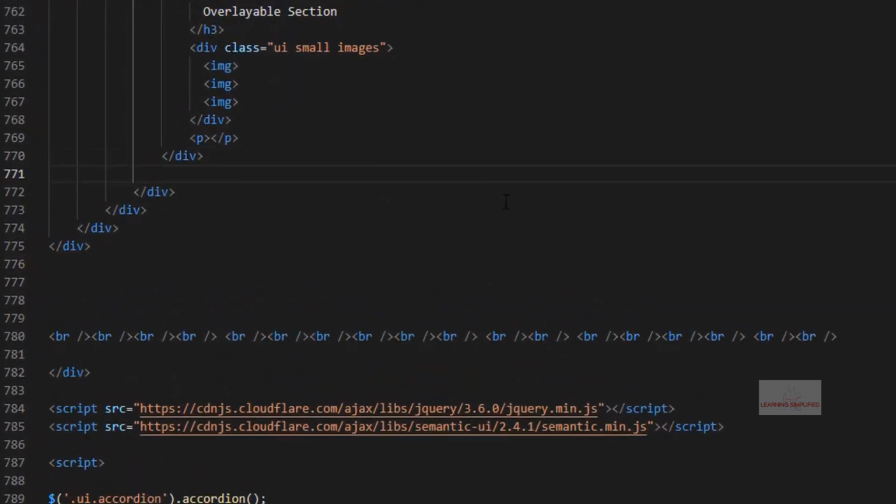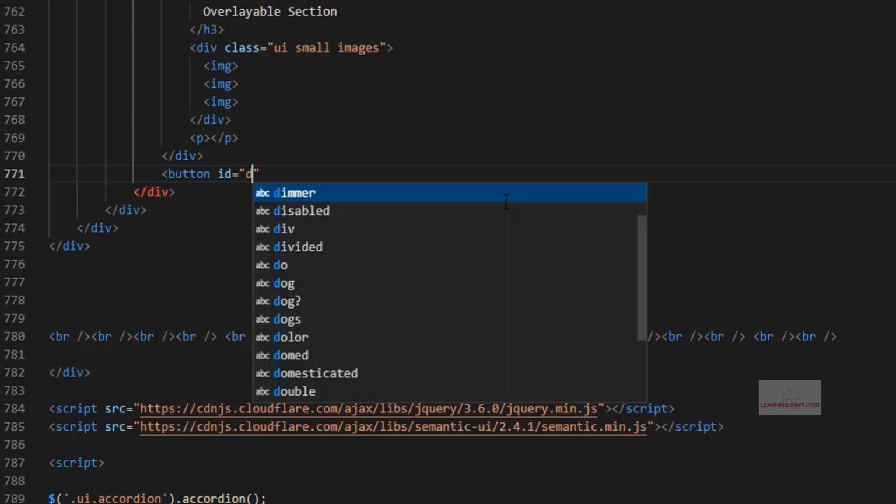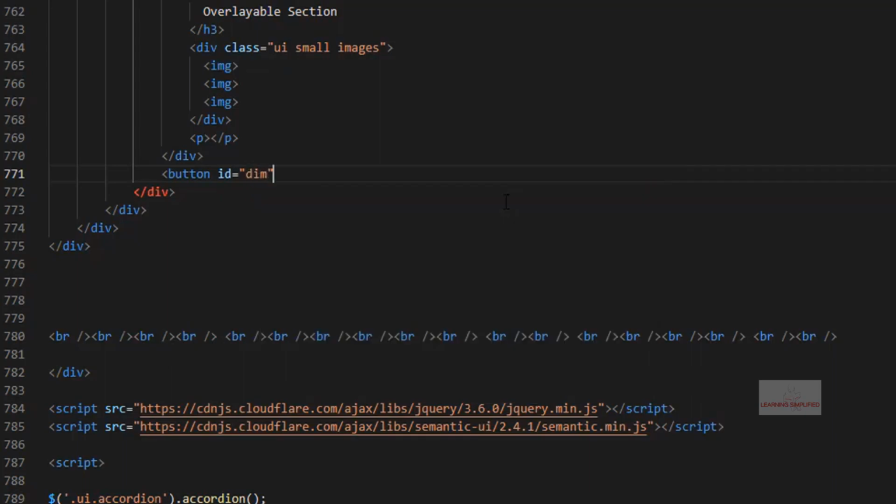So outside of it, let's create an individual button with an ID of, say, dim, with a class of UI red button